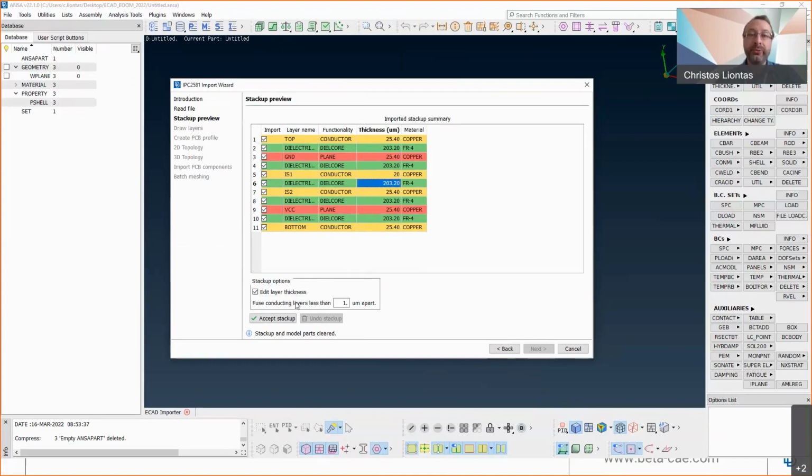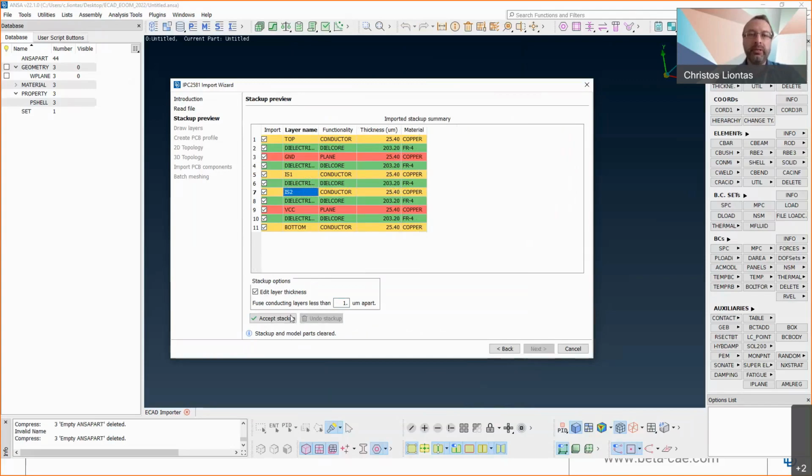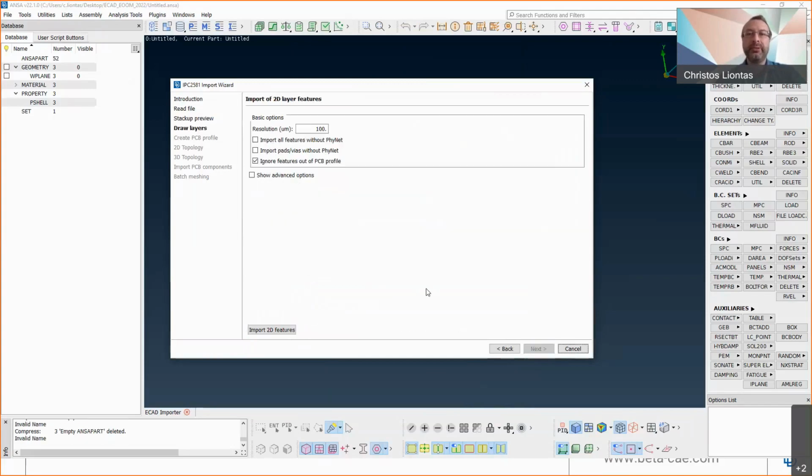And there is a final option to fuse layers that are conducting layers that are separated by infinitely or very thin dielectric layers. So sometimes these dielectric layers have 0 thickness or a very small thickness, like say 0.5 microns, and this means that they are not meant to be actually constructed, so they can be neglected. And the adjacent metallic layers can be fused if this thickness is below this number in this box. So if you accept this, then you can see that this dielectric layer has vanished, and the 2 adjacent layers have been fused into a single layer. But for now, let's go for the original StackUp, and let's go to the next page.